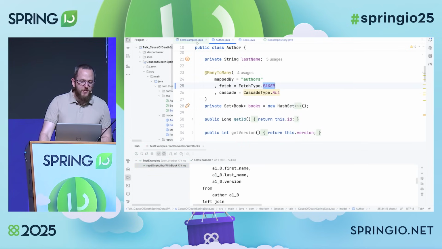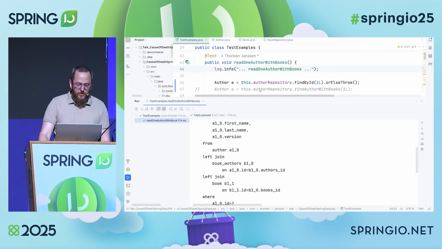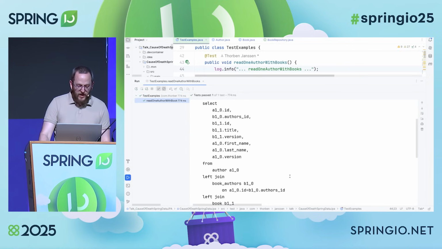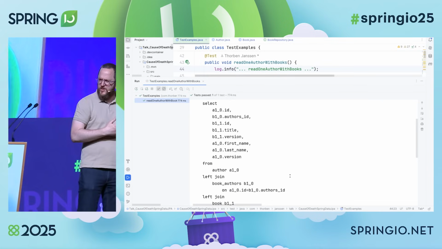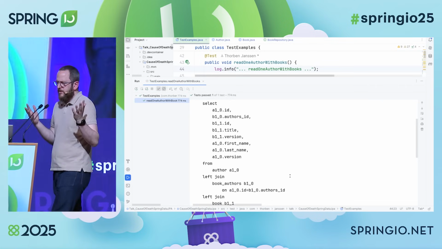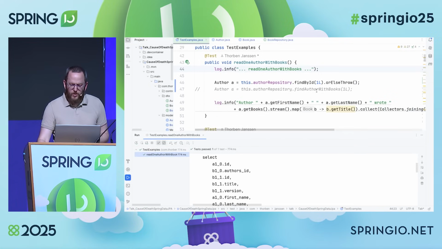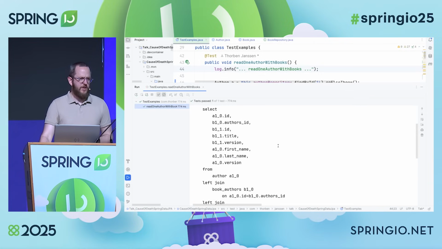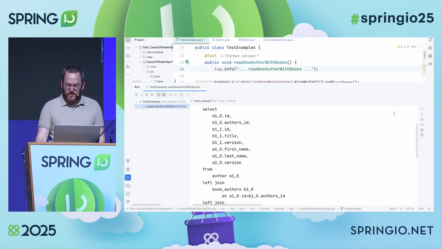So what did I do? I changed the fetch type from lazy to eager, and we ran the test case. And as you can see here, there's a green check mark, so everything worked fine. And if you take a first look at this log output, you might say, this is exactly what I wanted. I mean, I know I need my author with ID 1 and a list of books. So how do I want to fetch all of that? In one query, of course. And that's exactly what happens here when we change the fetch type to eager.